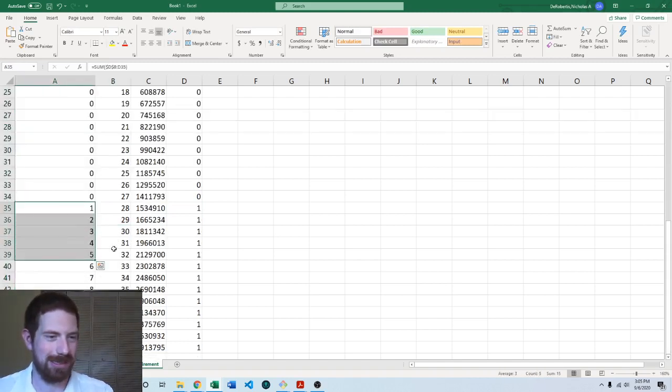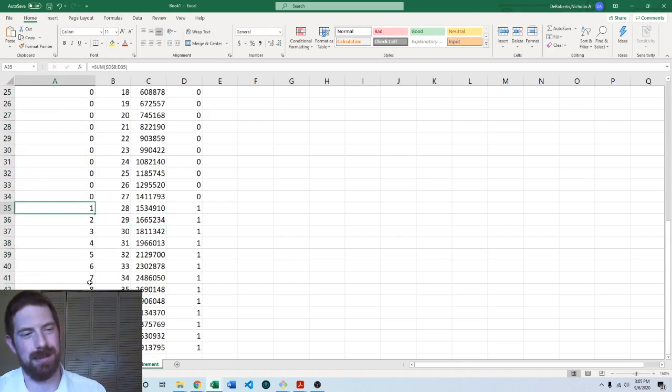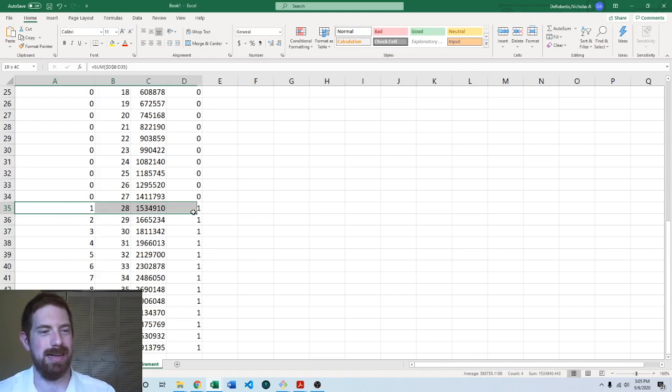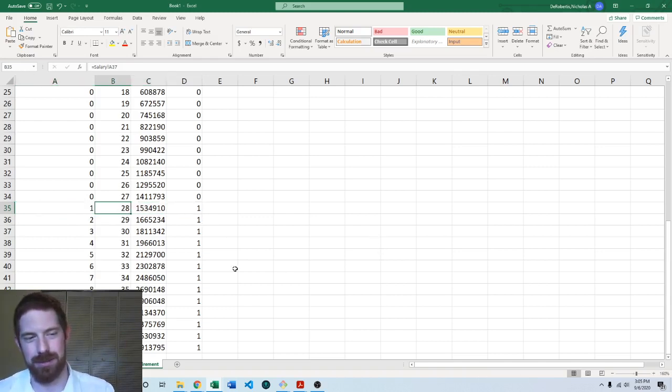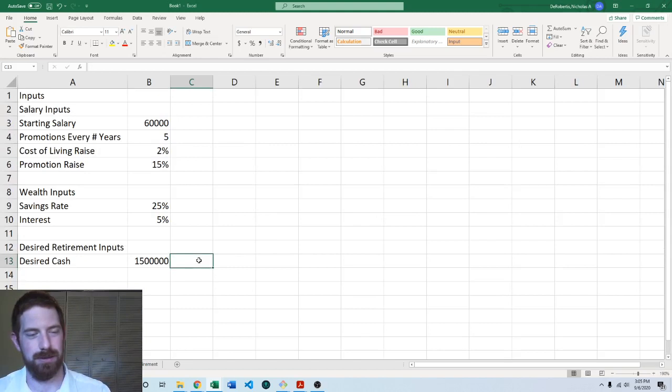And then we can see that starts to count up after this person is able to retire. And so then if we try to look up the row that has a 1, we can be certain that it's going to be this row, 28 years, which is the first year that they're able to retire. So then the last part is then just coming over to the main inputs and outputs tab,